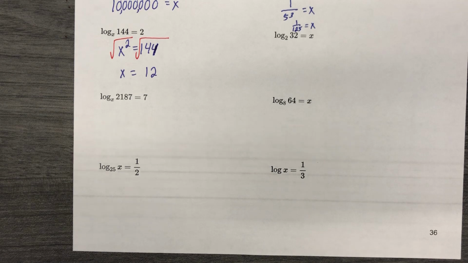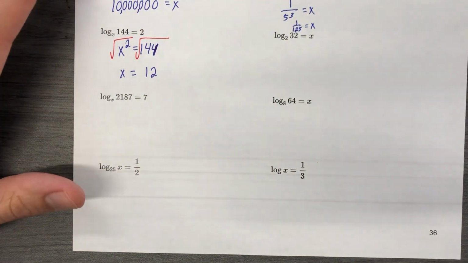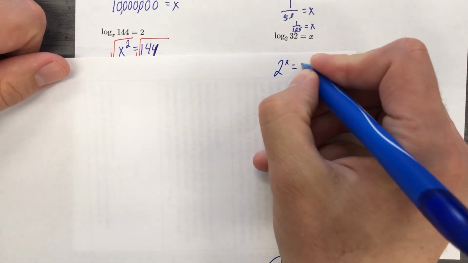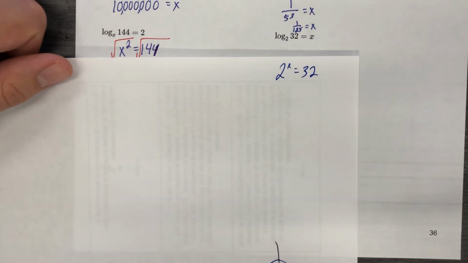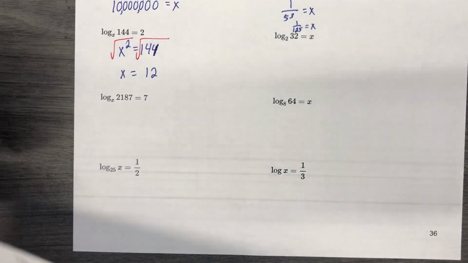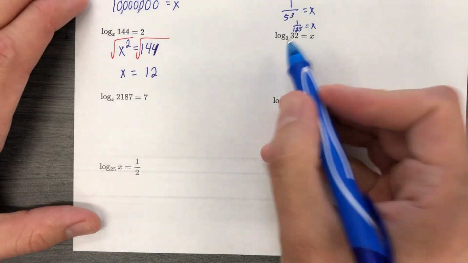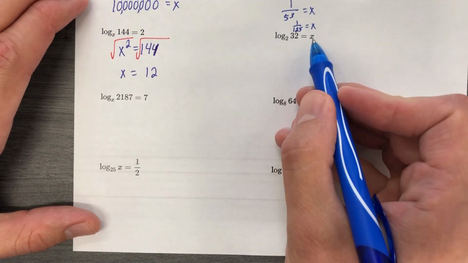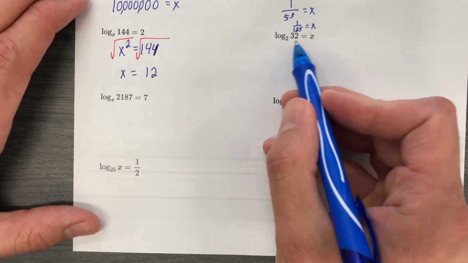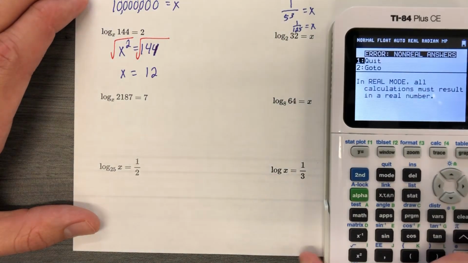Okay, let's move to the next problem. Our gut reaction at this point is to rearrange and be like, oh man, this is great. I've gotten in such a habit of this. I'm going to go 2 to the x equals 32. Fine, do that. You're not wrong. But actually, everything you need is right here. Right here. X equals that. I said right here and just pointed at the whole thing. The whole thing, though,